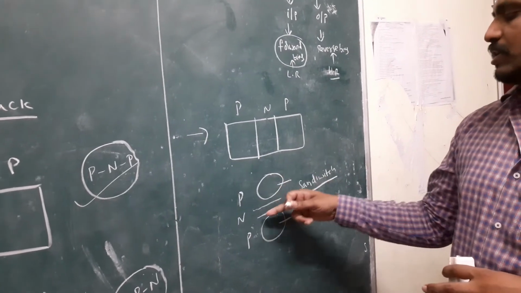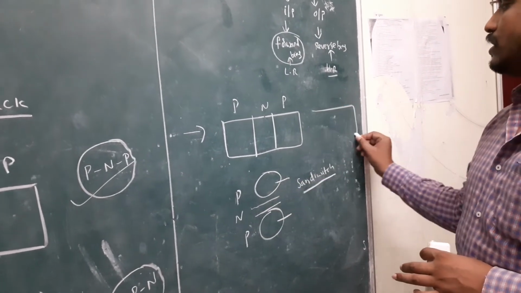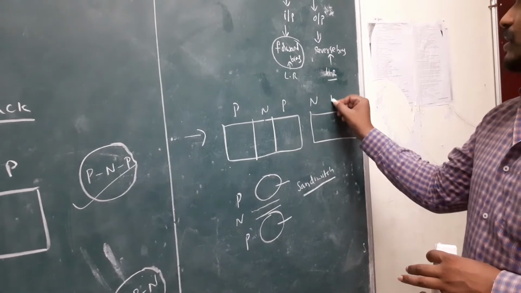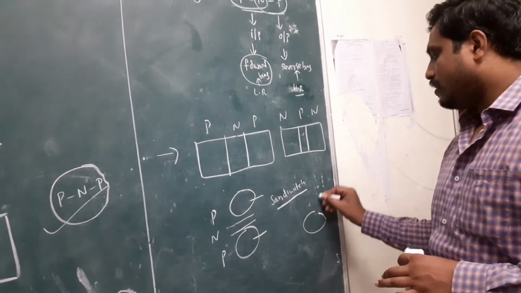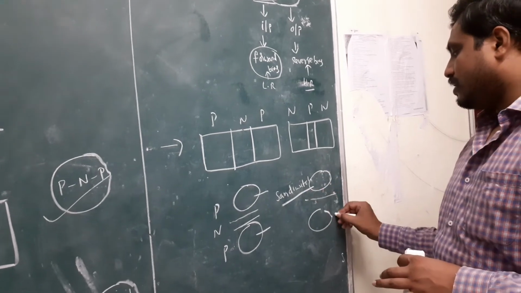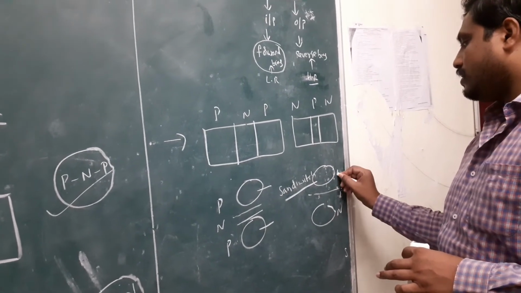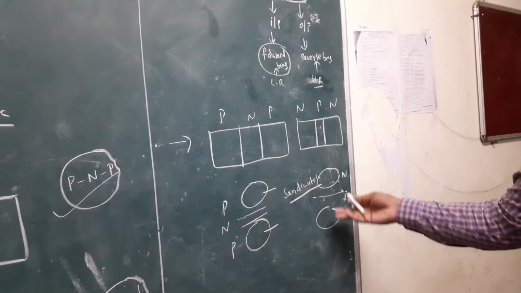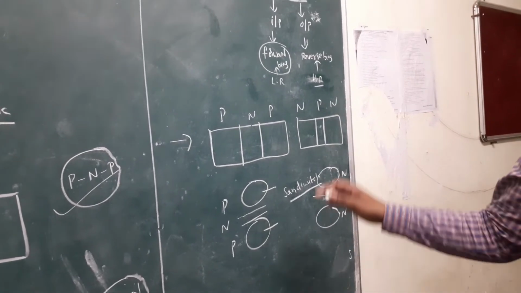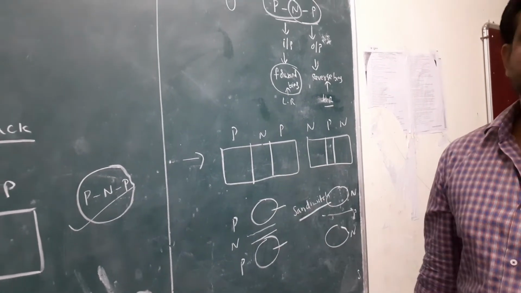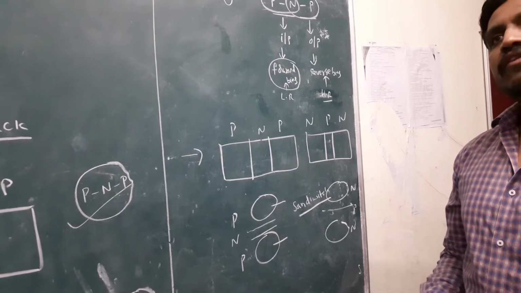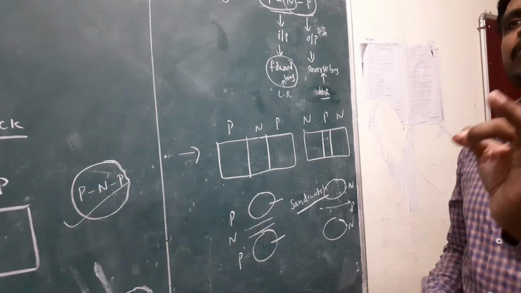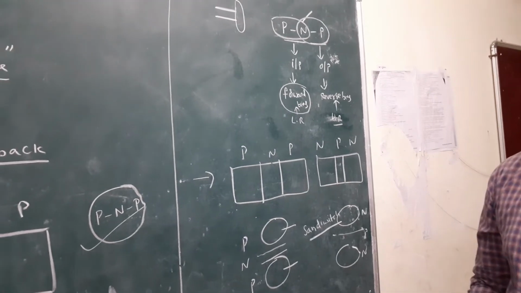Two pieces, and in the middle N. Or there is the NPN transistor. Here N, with the filling in the middle. NPN. This also looks like a sandwich. That means a transistor looks like a sandwich. Once again I repeat, a transistor always transfers the current from low resistance to high resistance.